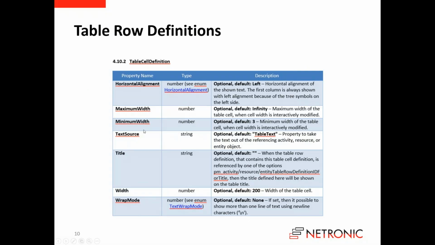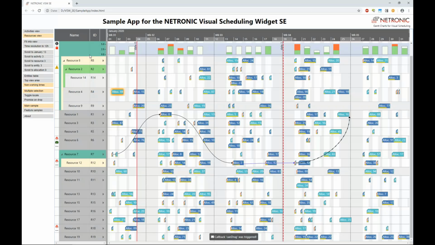These table row definitions are objects with several properties, and you can define a width, a maximum and minimum width. You can define where the text will come from, the resource in this case, and you can define a column title and other things. And when I go back to the sample, you can see that I can also change